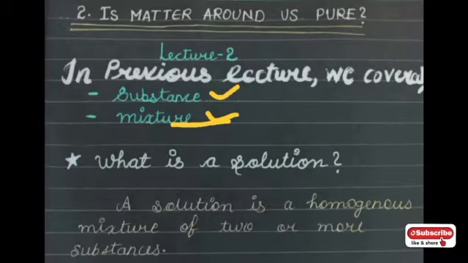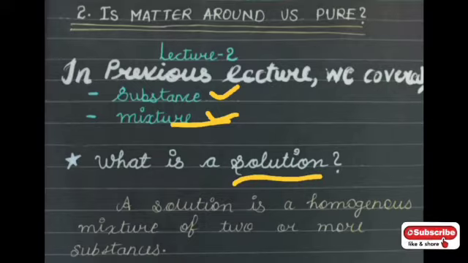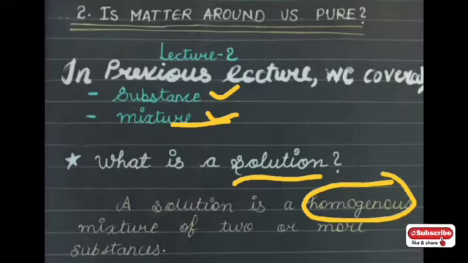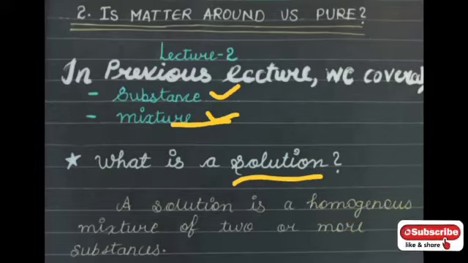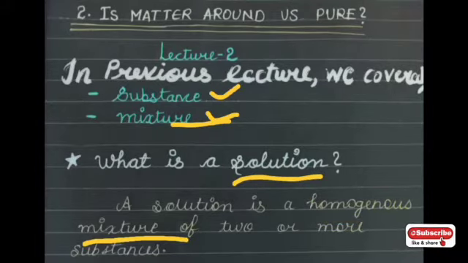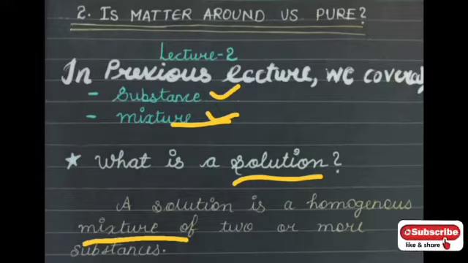So now let us start the video for today's topic, that is, what is a solution. How can you define a solution? Generally it is a homogeneous mixture of two or more substances. Homogeneous mixture is the most important word over here. You already know what a mixture is, that I have told you in previous lectures. A mixture is made up of more than one or two substances, and in a mixture we can look at the substances differentiately. We can find out what substances are forming that mixture.